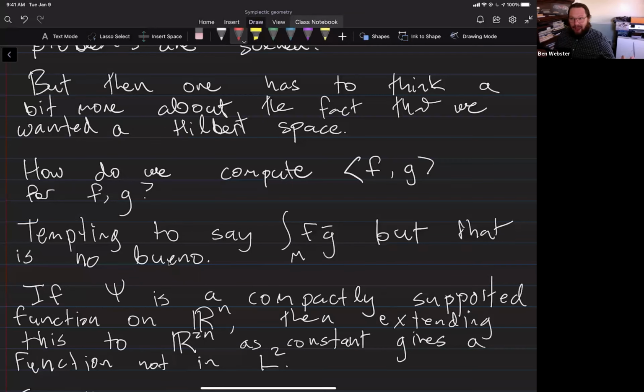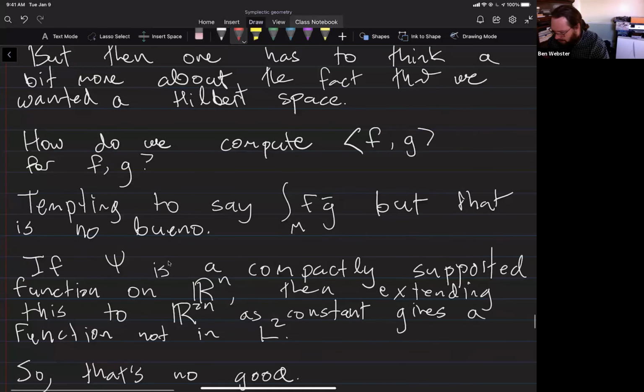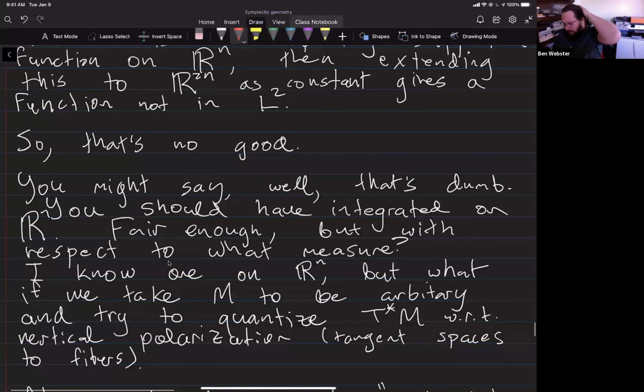So how am I supposed to actually make this a Hilbert space? Well, you can say, why are you making this hard? You just integrate over R^n instead of R^2n. You're thinking of it as a function on R^n anyways. Why are you trying to integrate over R^2n? But the answer is because I want to start with a symplectic manifold. I don't want to start with something that's the cotangent bundle of something. But even if it's a cotangent bundle, if I take T* of M with respect to the vertical polarization,